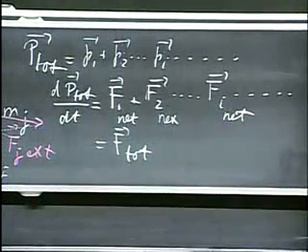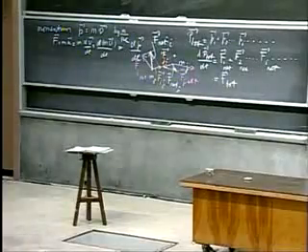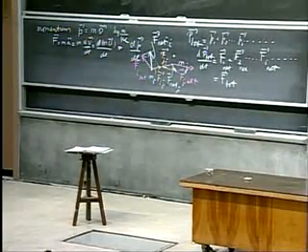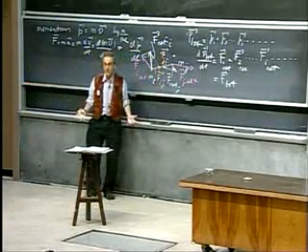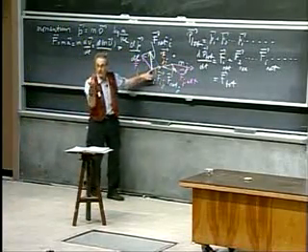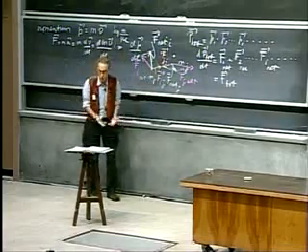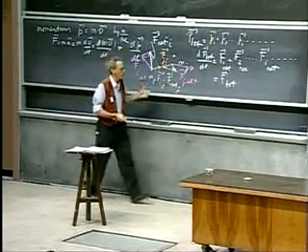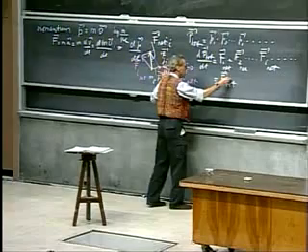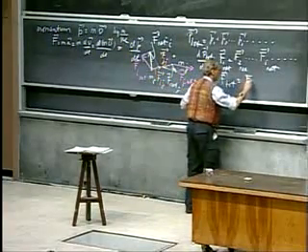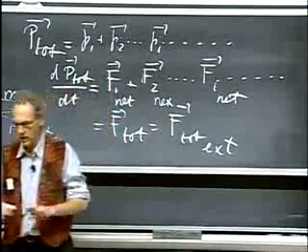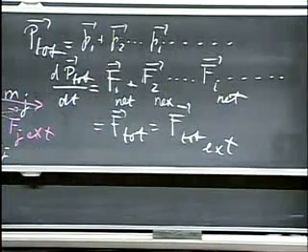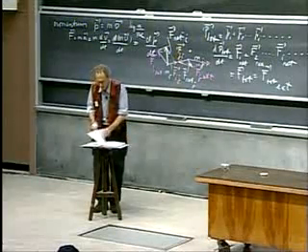Now comes the miracle. The miracle is that all these internal forces eat each other up. This Fji cancels this one if you look at the system as a whole, not if you look at the individual particles. But on the system as a whole, they all cancel each other out. And so the total force on the system is simply the total external force, and all the internal forces you can forget about. And this means then